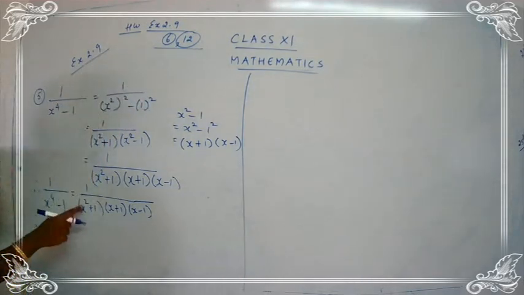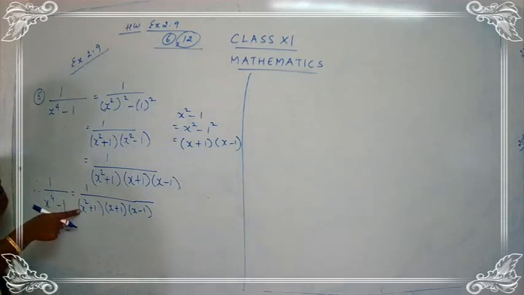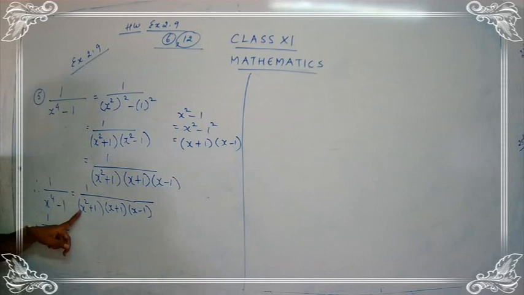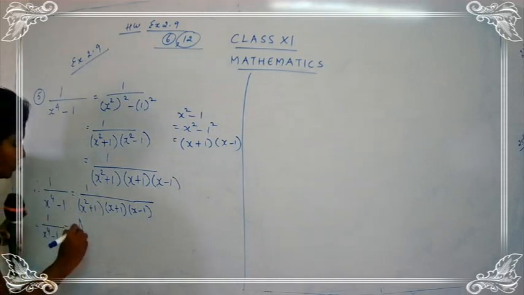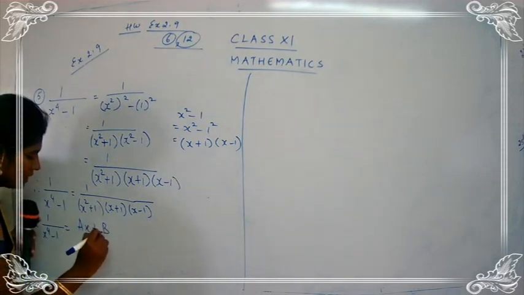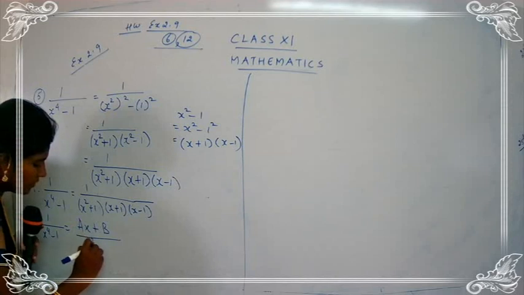But if you have such a case like x square, it is given to you directly. So once it is given directly, you are going to take two values. If you have x square, what are you going to write down there? Ax plus b over x square. That means how many unknowns will it contain? It will contain two unknowns. So this is equal to ax plus b upon x square plus 1.